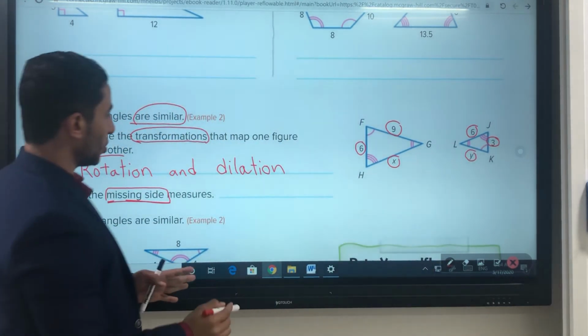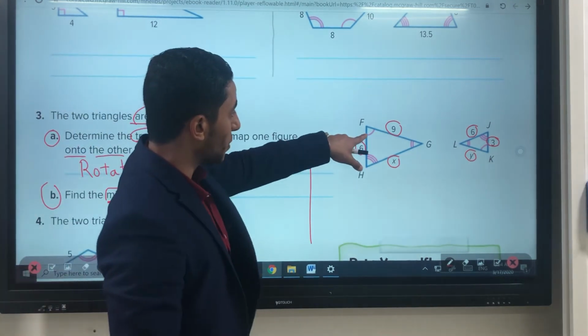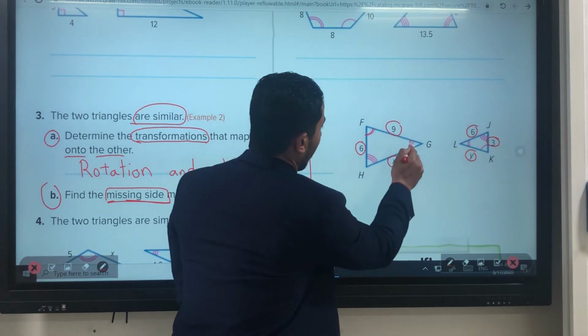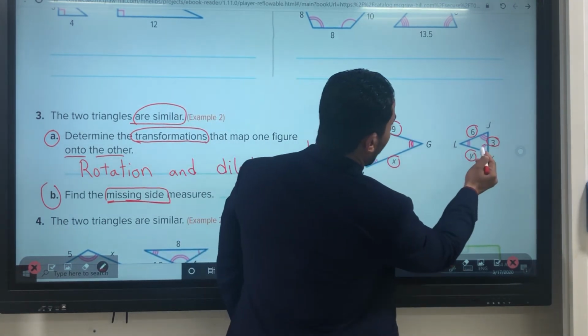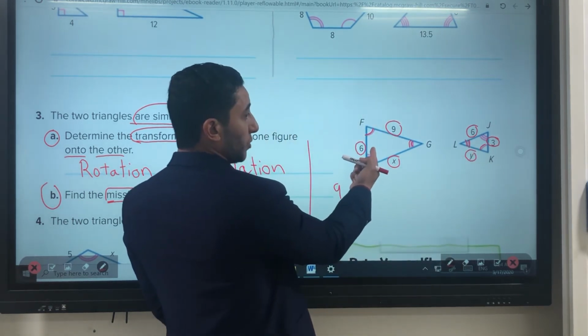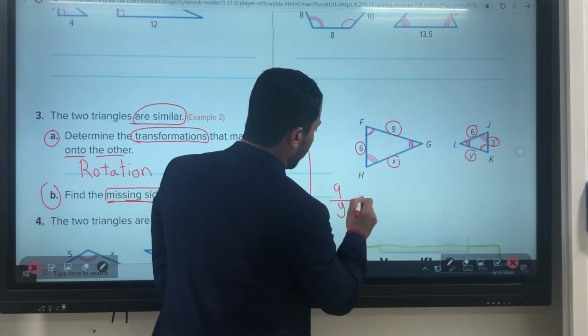So write the ratio between them. Okay, so follow the matching arcs here. Here one arc with two arcs. So this side 9 with y, because here one arc and two arcs. So 9 starts from the big triangle. Okay, no problem. So 9 over y equals